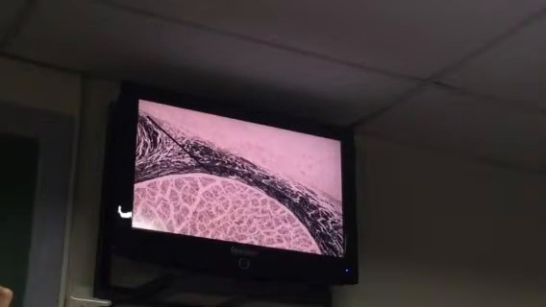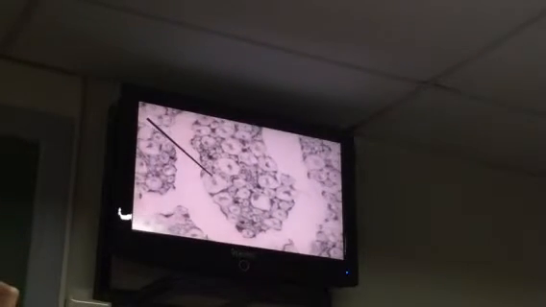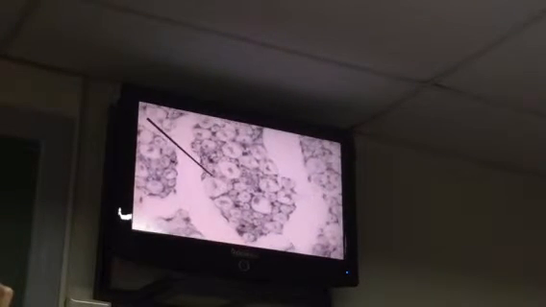Perineurium. If we study an individual nerve fiber, let's look at this under low power first. So this is low power, and this is high power. Okay? So this is an individual nerve fiber. This is one nerve fiber. This is another nerve fiber. Another nerve fiber. So let's examine this nerve fiber over here.